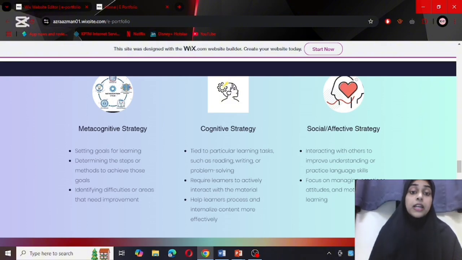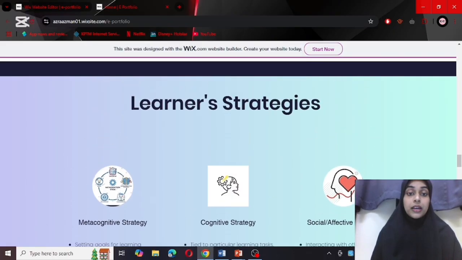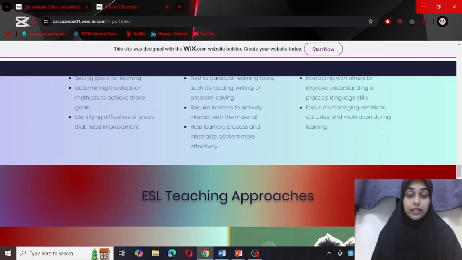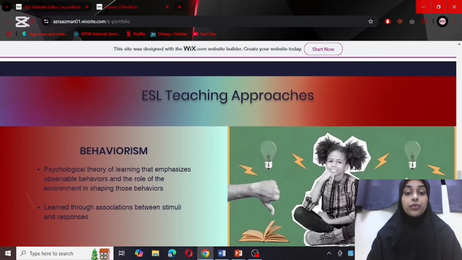And the third one is social affective strategy, which involves using social interaction and also emotional management to enhance learning. This includes interacting with others to improve understanding or practice skills. For instance, participating in group discussion, practicing a new language with friends, or asking a teacher for clarification. So these are the three learner strategies that I've included here. So then the next one, we can move on to ESL